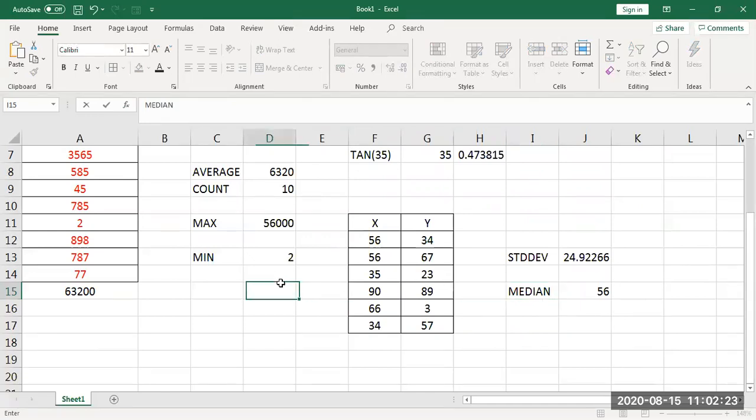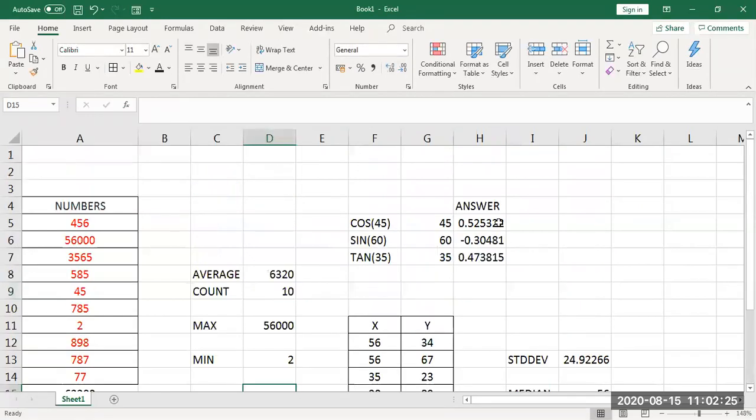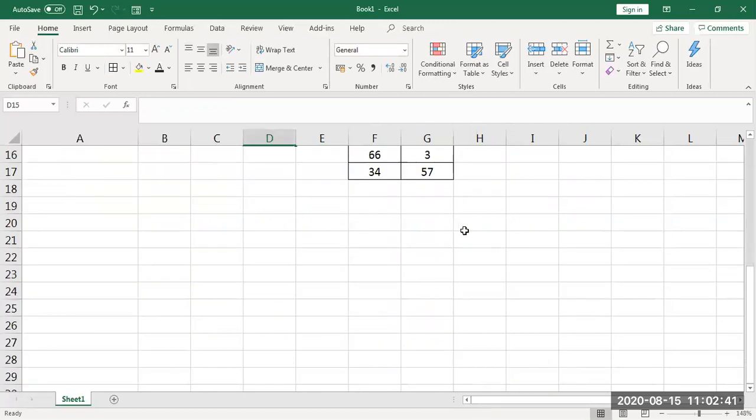Apart from that, there are varieties of functions. I have given a basic idea of how to use built-in functions. The common functions we usually use for normal work are summation, addition, average, count, minimum value, maximum value, and sometimes rounding off values. That alone I will teach, and with that I will stop.